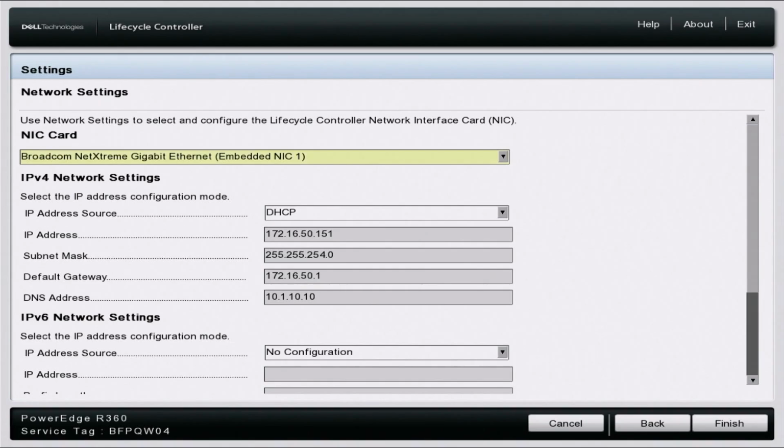Go down to IPv4 network settings, and on IP address source you will select static IP. This will allow us to manually change the IP address, subnet mask, and the default gateway. Here we will change the IP address to